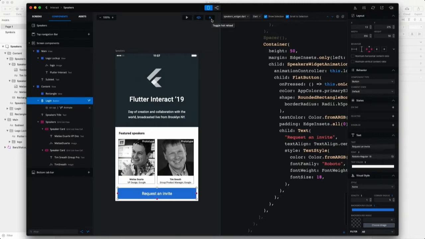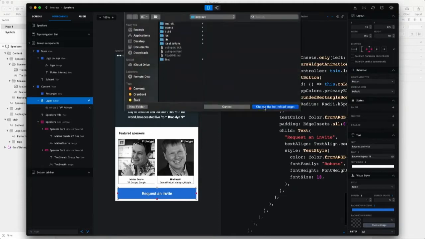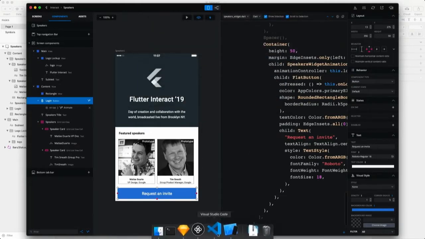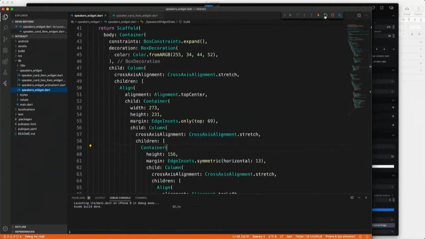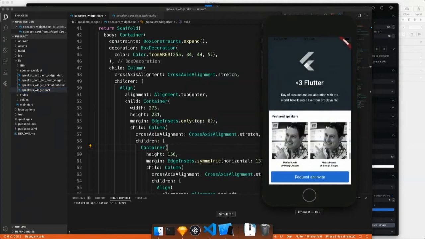But I actually have support for hot reload here, so I'll enable that. And once I choose the hot reload target, I can switch to Visual Studio, which is already synchronized. And now, when I restart the application and open the simulator, it actually shows the entire application. And if I go back to the